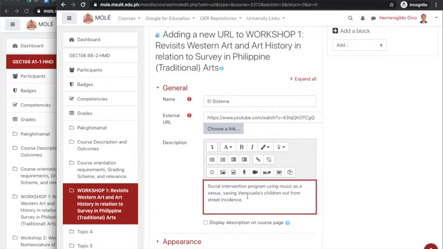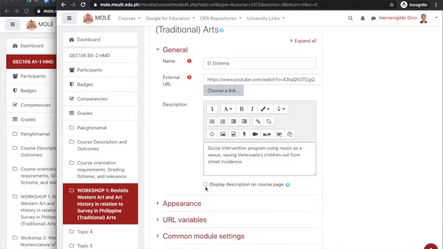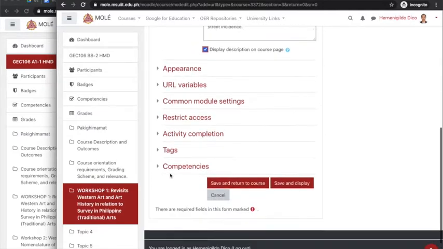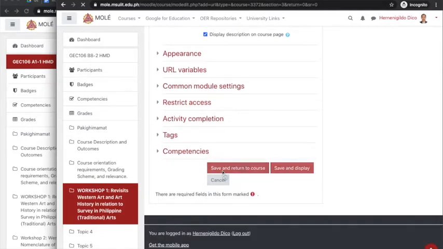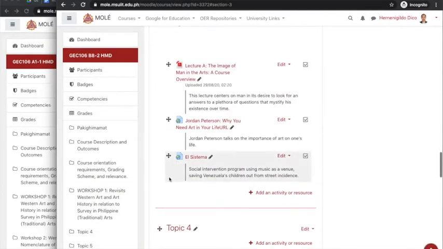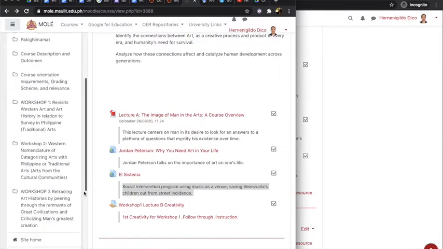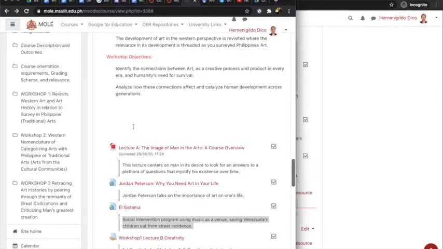I hope I was right. Social intervention program using music as a venue, saving youth as well as children out from street incidents. Okay, so you save and it appears exactly as it is. Okay, so for this